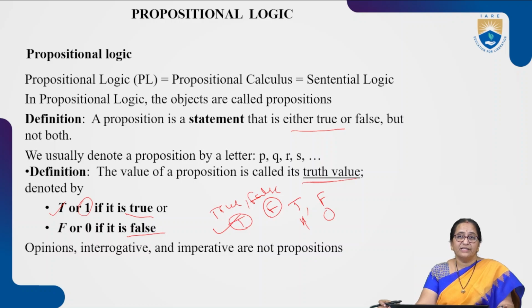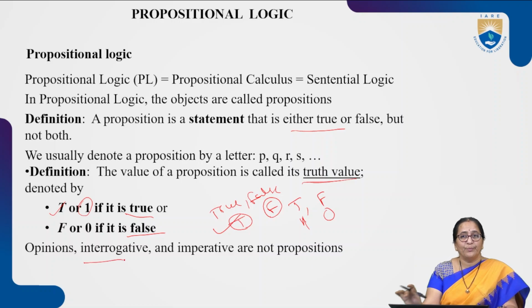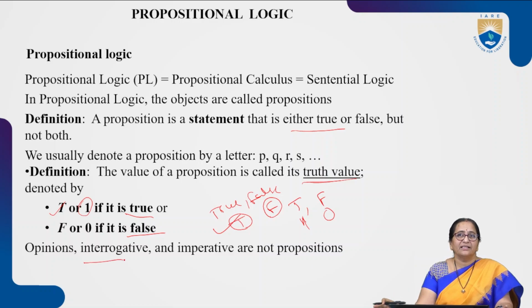We may also have some opinions, some interrogative sentences, and imperative sentences. All these are not propositions. For opinions, we may have something like: she is good, he is good. I have one opinion. That is not a